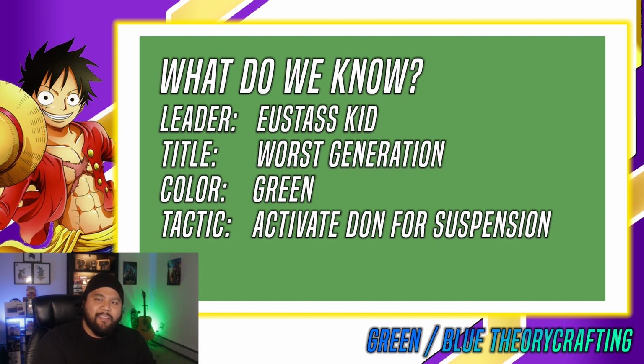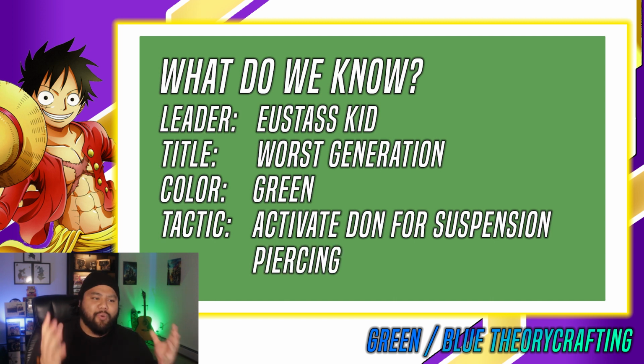And thus, the faction identity is going to be piercing. That's right, the Worst Generation is going to be filled with piercing things. So this seems very obvious coming from Digimon, but the 2 things that this starter deck is probably going to do is rest your Don to suspend your opponent's characters, and then just go ahead and swing at them. So to demonstrate this, I did create a couple of proxies or pseudo sample cards of what this might look